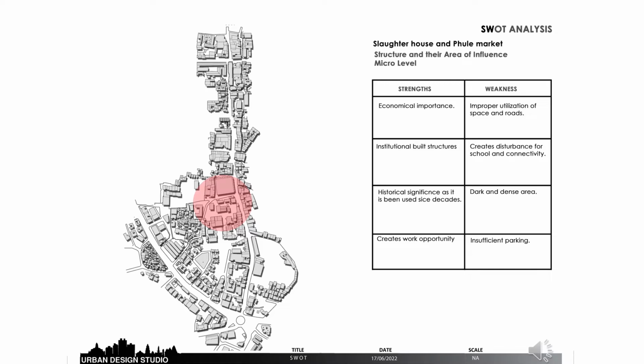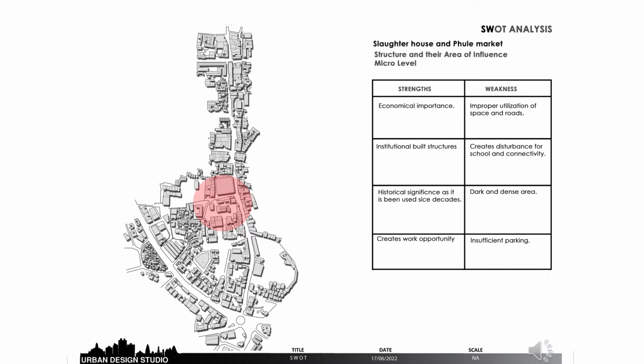SWOT analysis of slaughterhouse and Fulham market. Strengths are economically important. It is an institutional built structure. Historical significance as it has been there since decades creates work opportunities. Weaknesses are improper utilization of space due to roads